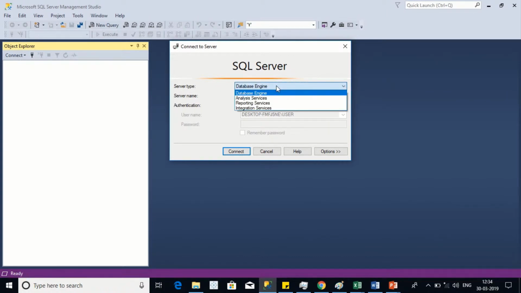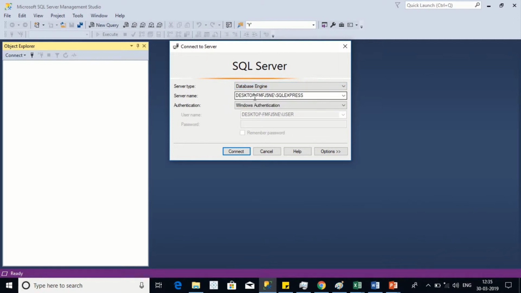There are various services provided by Microsoft SQL Server, like database engine, analysis service, reporting service and integration service. You have already heard about SSRS, SSAS and SSIS. Here we will work only with the database, not with the reporting, analysis and integration services, so we will select only the database engine.